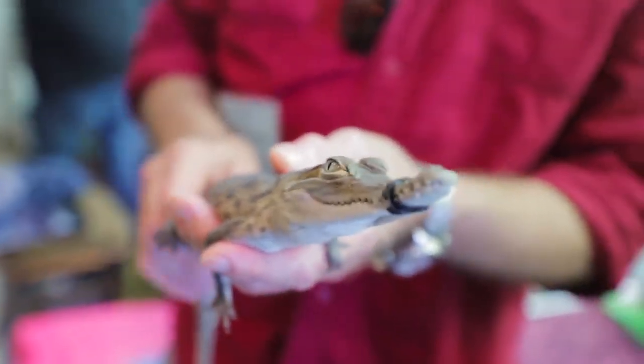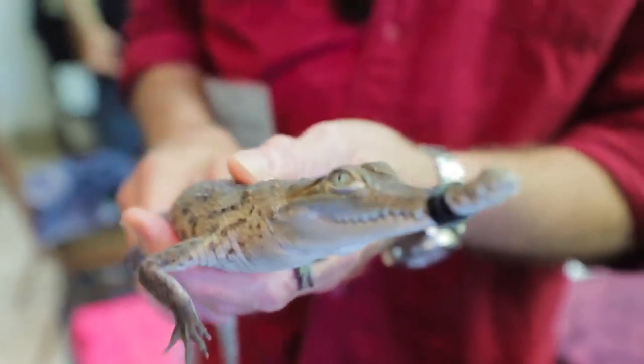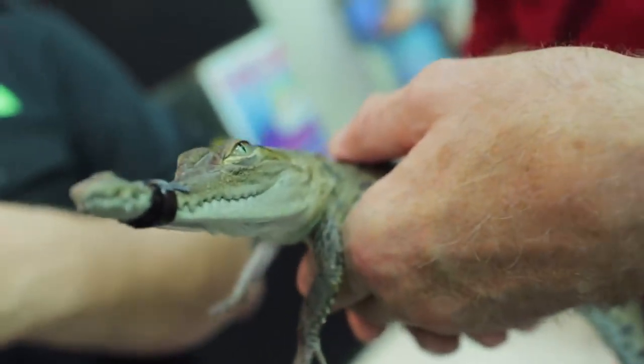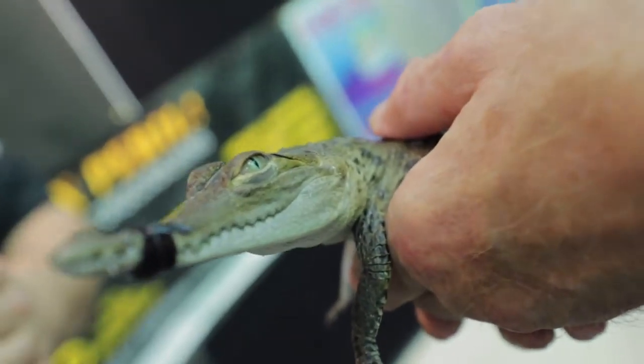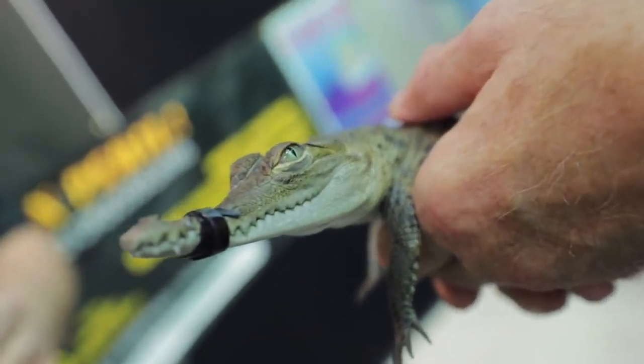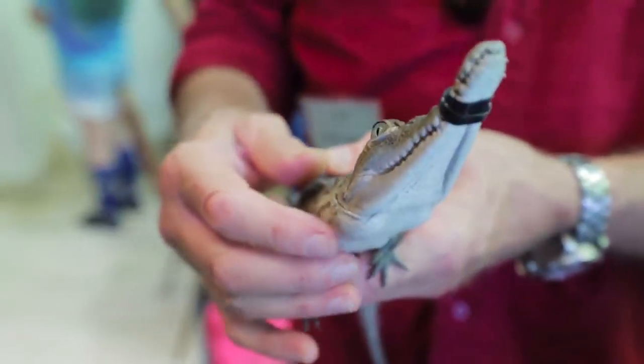They are very gregarious if they're left to their own devices. They used to be found by the thousands basking on the beaches of the Orinoco River. Now, just finding one is a huge chore. You can travel hundreds of miles and not see a single Orinoco crocodile. This little guy was hatched this year,